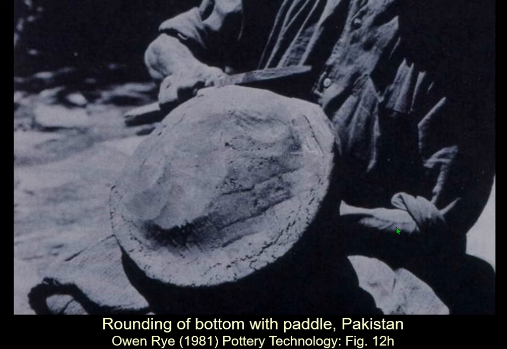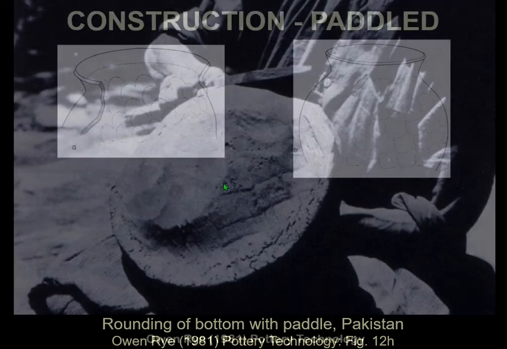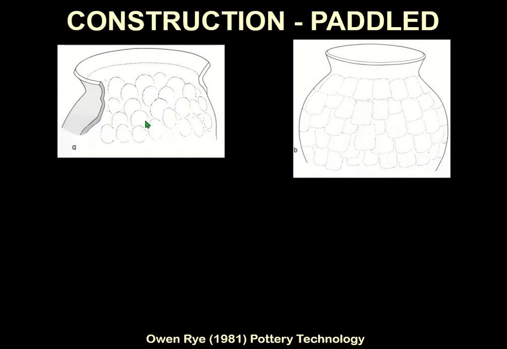In his other hand here, you can see his other arm going up inside. He will probably have a large round rock in his hand. That's the anvil. This is the paddle and anvil technique. And he's whacking this bottom in order to stretch it out and make it form a rounded dome. Paddle and anvil technique will leave evidence of the anvil on the inside and the paddle on the outside. Of course, they'd be wanting to smooth it so you can't see that, but you have to look carefully and you might be able to see it.